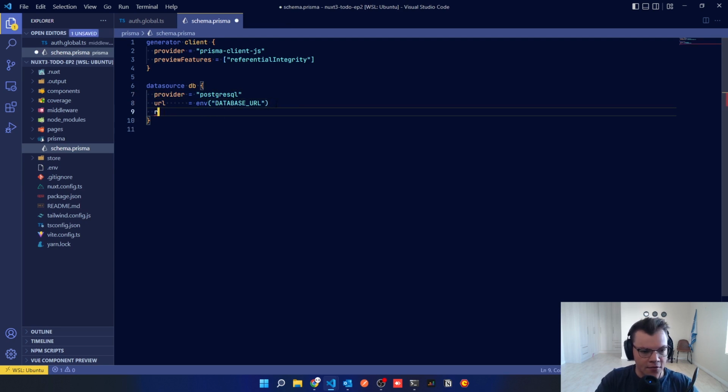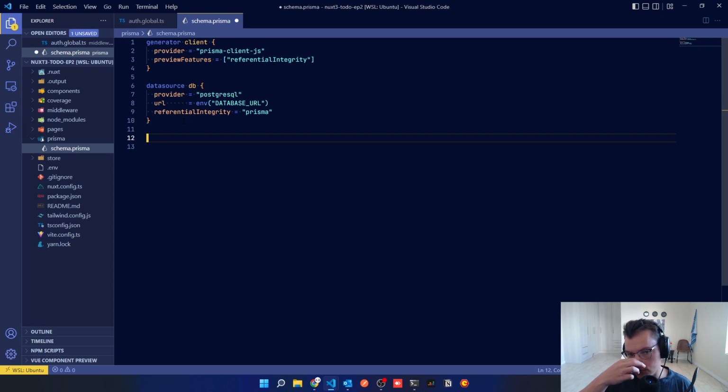And then we also have the referential integrity, which will be equal to prisma. I believe that's what we need there. And then now we can actually just create our models. So I'm going to create both the to-do model and the user model, just because users have a relation to to-dos, and we won't be using the to-dos probably in this video because it's going to get quite long, but we'll use the